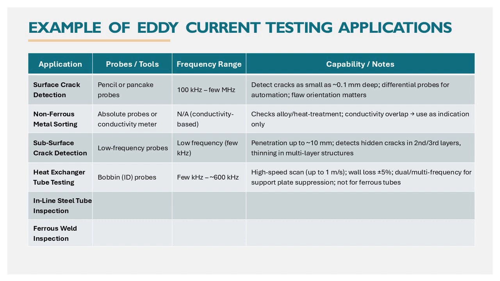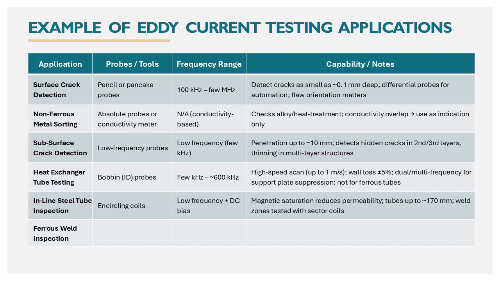Its capability is high-speed scan, up to 1 meter per second, detecting wall loss of more or less 5%, dual or multi-frequency for support plate suppression, not for ferrous tubes. For eddy current testing applied to inline steel tube inspection, recommended probes or tools is encircling coils, frequency range is low frequency plus DC bias, its capability is, magnetic saturation reduces permeability, tubes up to 170 mm,